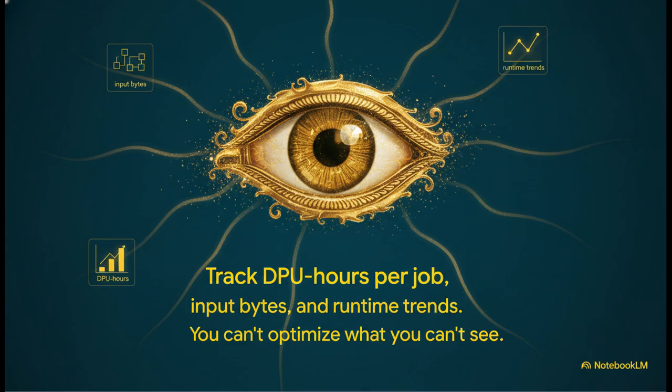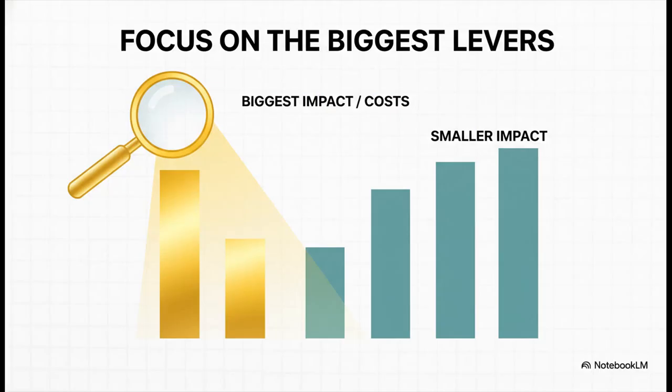So step 1 is you have to monitor your key metrics. You need to be tracking DPU hours per job. You need to watch how much data it's reading and how its runtime changes over time. This data is the absolute foundation for everything else you're going to do. Once you have that data, you can move to step 2,